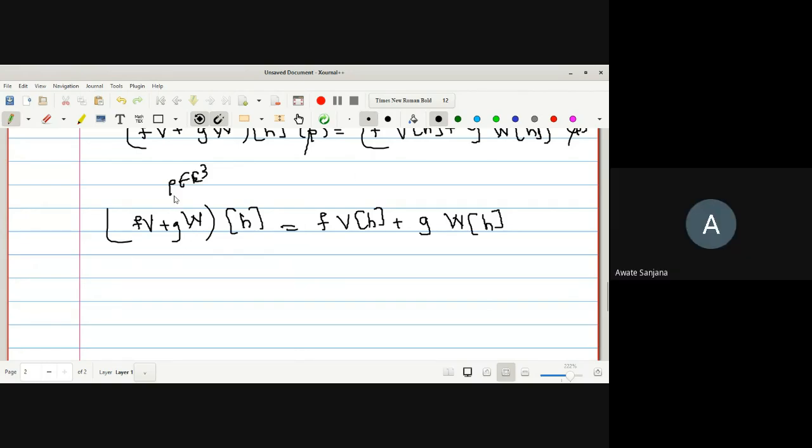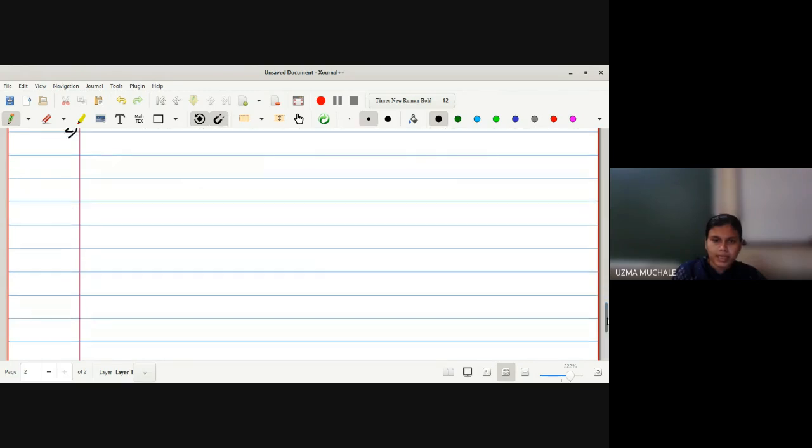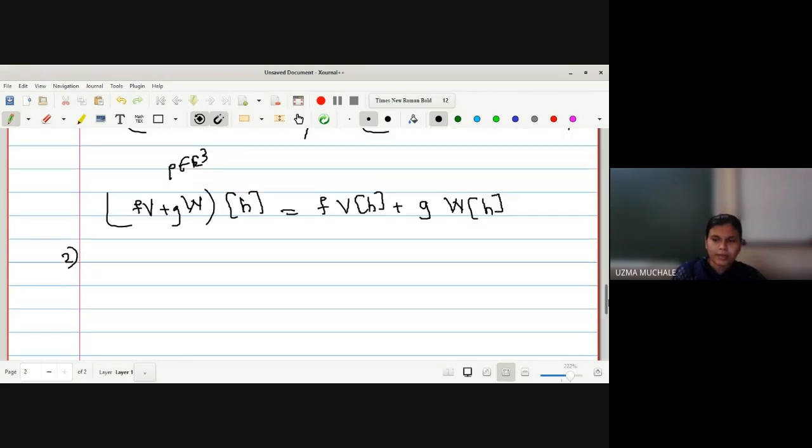Yes, ma'am. Okay, so let us start with the second property. What is there in the second property? We have V, suppose V is any vector field, and af plus bg is given to us. We have to evaluate the directional derivative of the real valued function af plus bg. If f and g are real valued functions, and a and b are scalars, then the linear combination is also a real valued function.